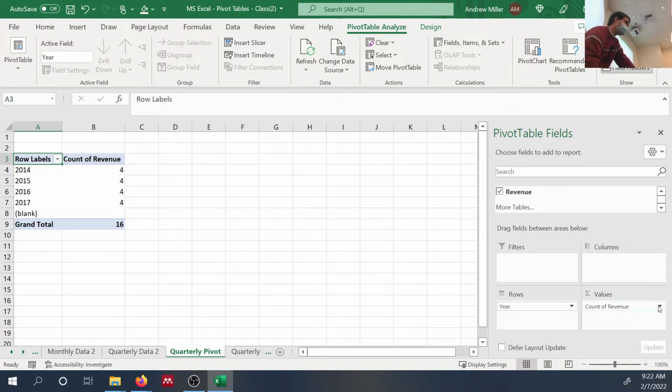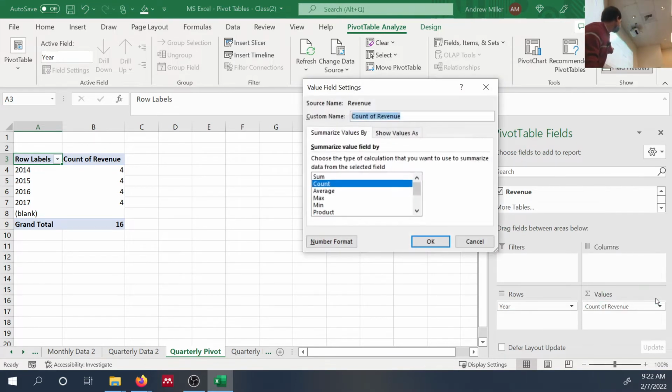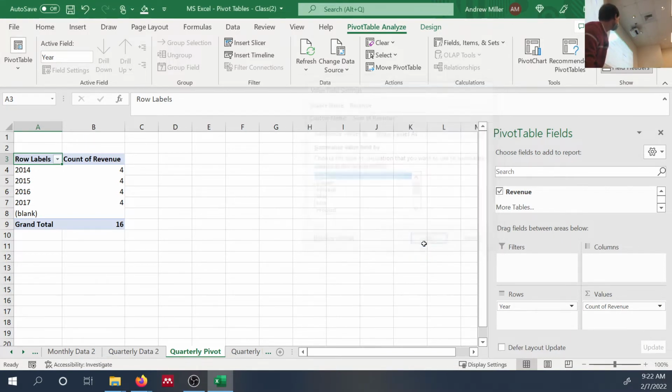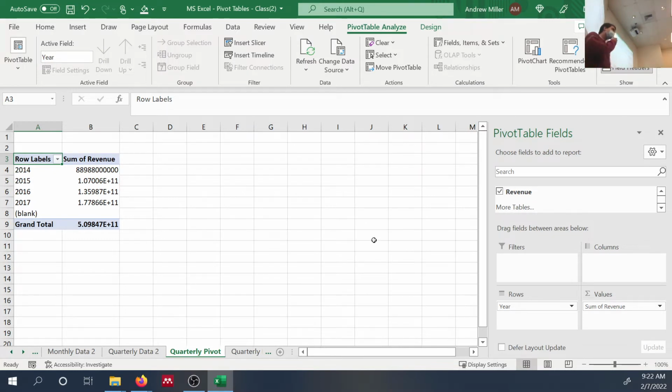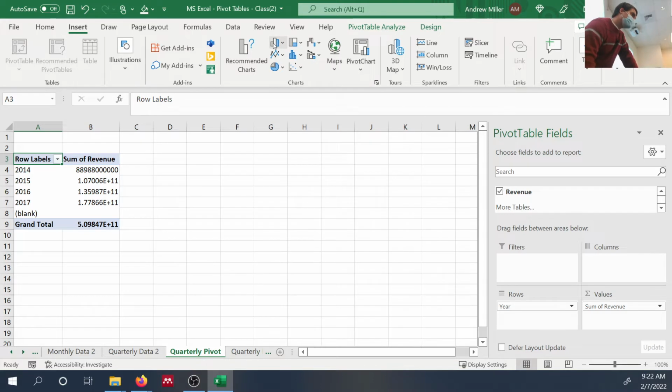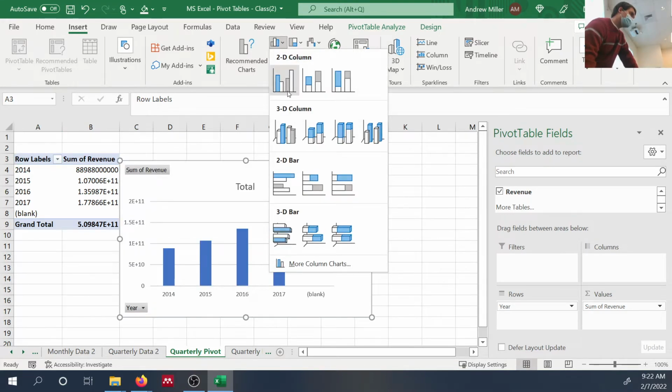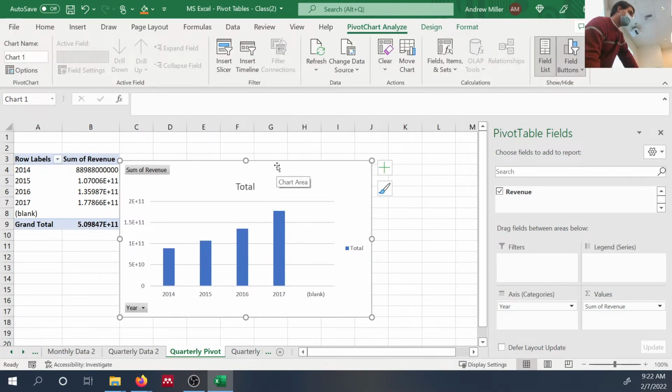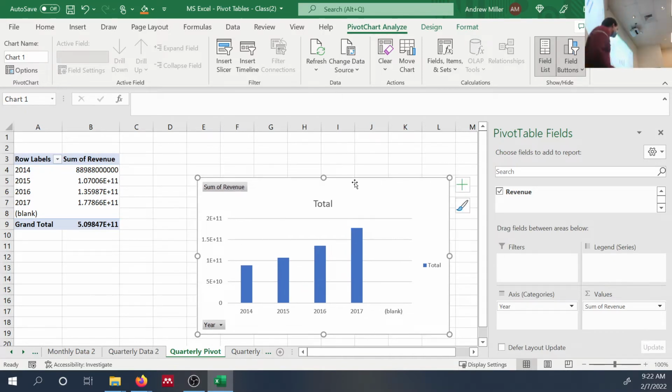So let's change that from count. Just click on that arrow, value field settings. Let's leave it at sum, okay? So everyone to this point. All right, so now we can go back to insert. And let's just do a basic 2D column chart. Okay. So that goes ahead and includes a nice little graph up here with our sum of revenue by